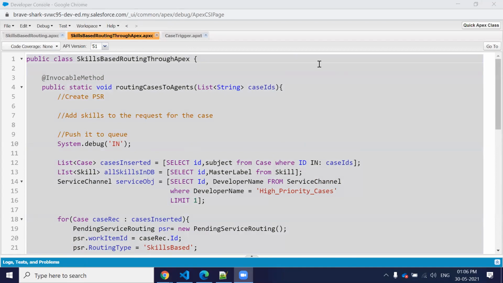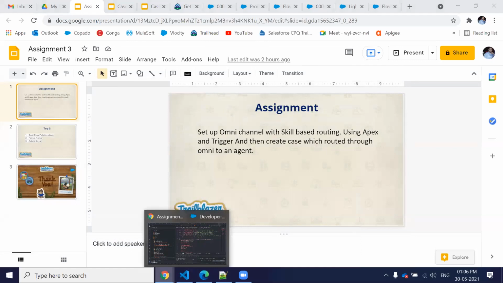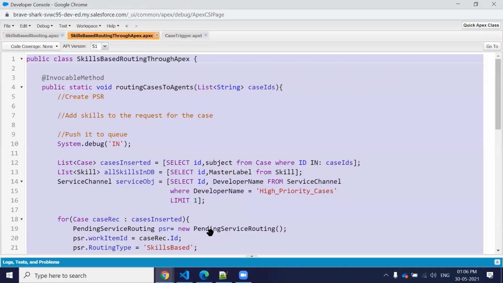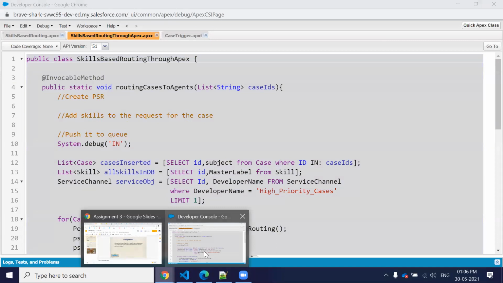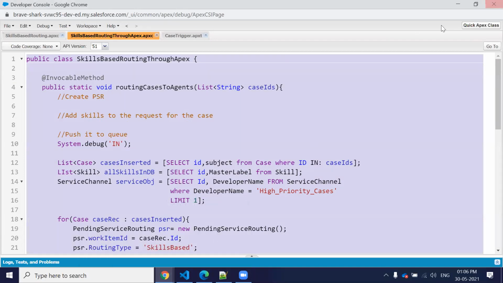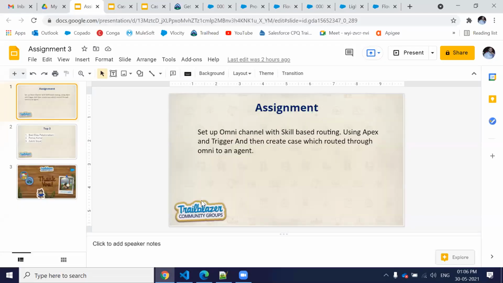I'm guessing that people can go through the recordings and get all the code, or if they want I can paste it. Krishan, am I audible? Yeah, I think you can provide some code, because we will upload the recording in the next two to three days. If you want, we can upload the videos at the end of today, and the attendees can refer to the code from this.